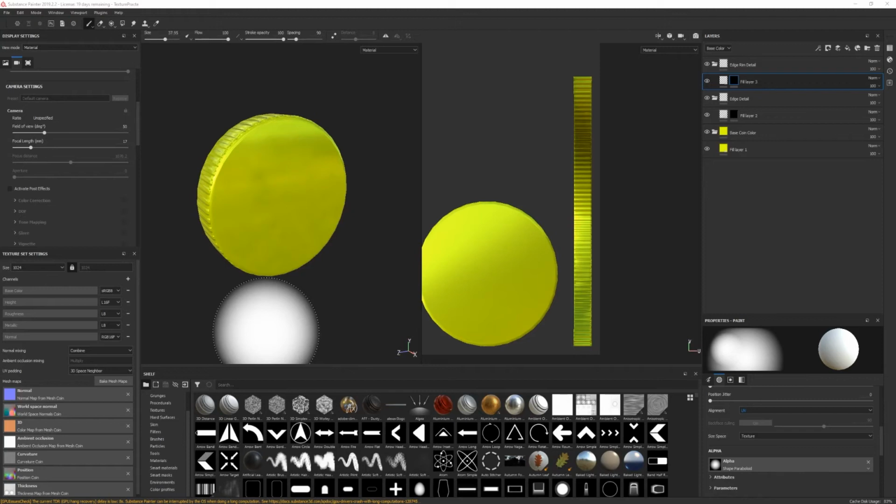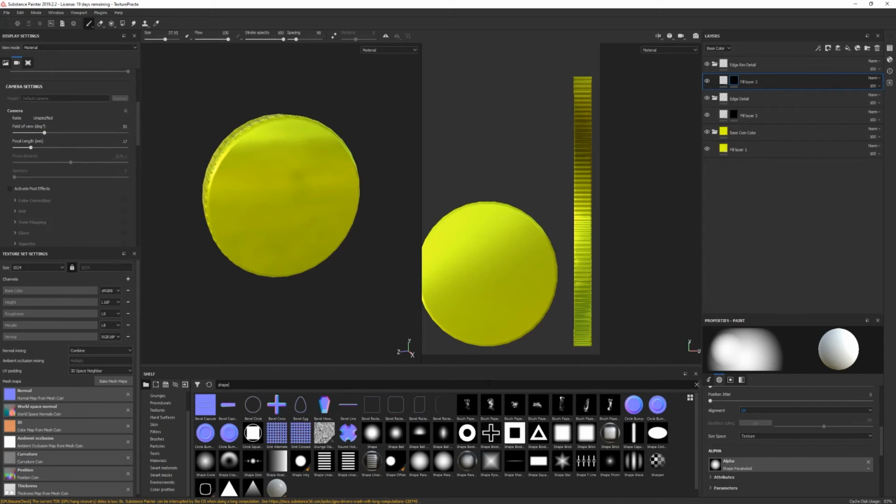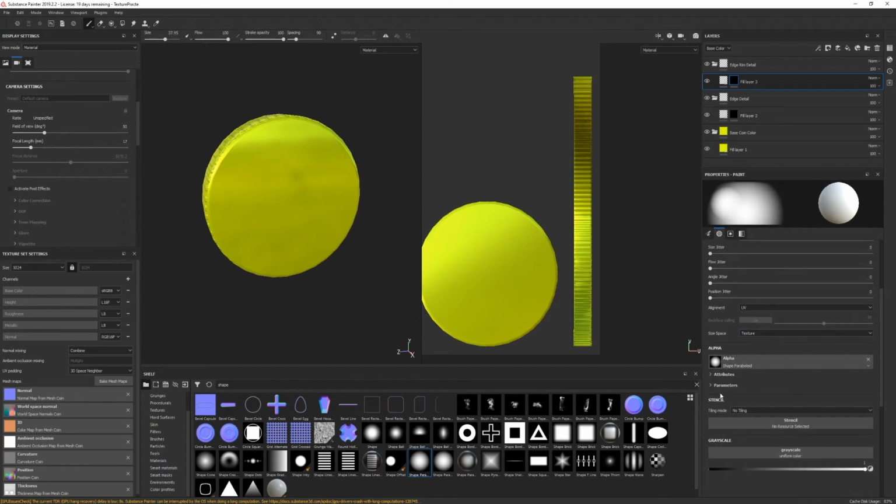So now I want to add a rim on the front and the back. With my edge rim detail selected and the mask selected, I want to search for a new alpha. So shape, and I want this guy right here, which is shape paraboloid. I'll click it, and it looks a little softer on the edges, but this specific alpha, along with other ones, is customizable. So if I go down here into the properties, I'll drag it a little bit bigger, and